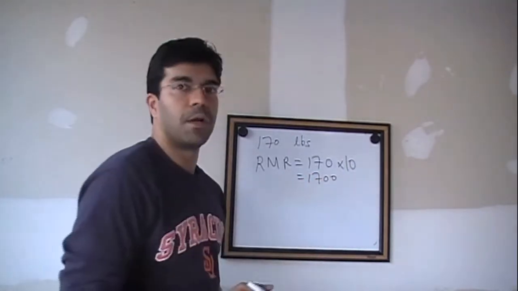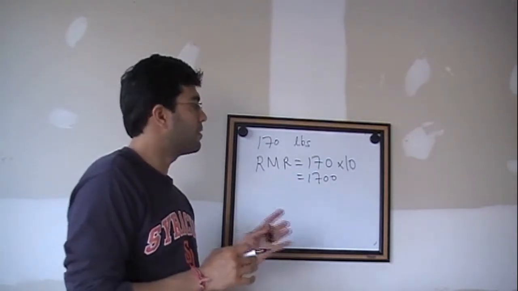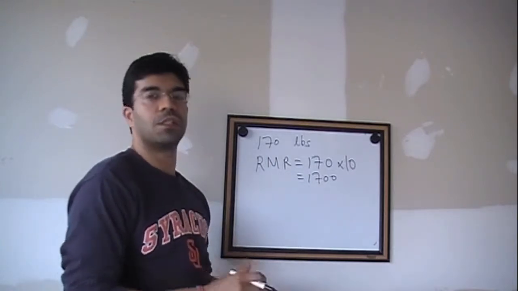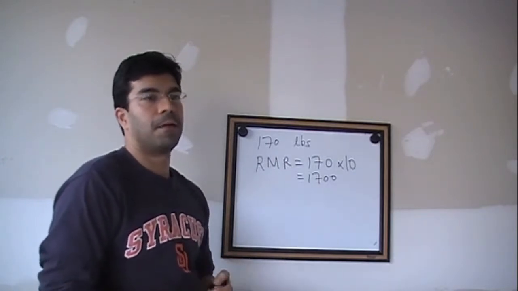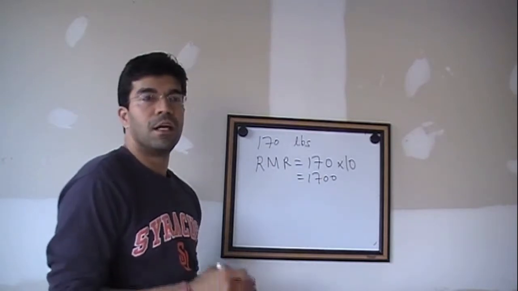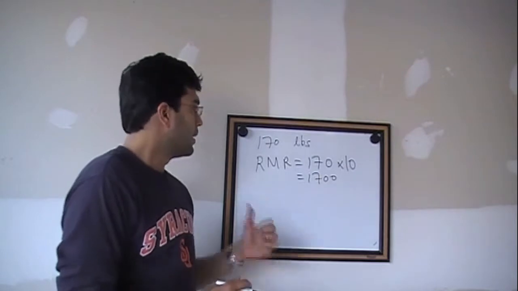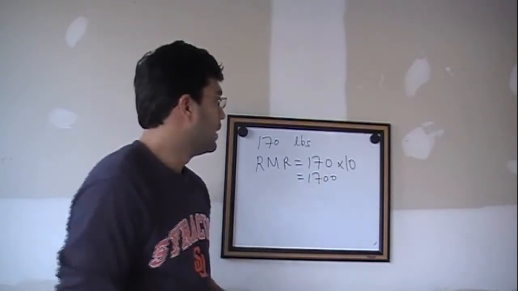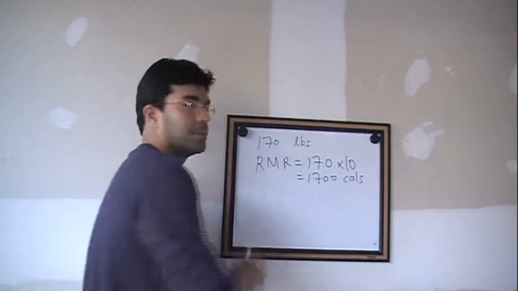Now what is resting metabolic rate? This is the amount of food or the amount of calories anyone needs on a daily basis just to survive, just for basic body functions like blinking, the heart function, lungs, your basic organs, everything, even if you were not doing any activity throughout the day. That is the resting metabolic rate, the metabolic rate while you're resting. So 1700 calories is what comes down for this person.